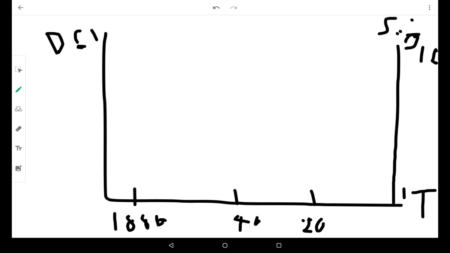Now we know DCI gets up in this area to around 40%, and down here we might have, let's say, 5%.